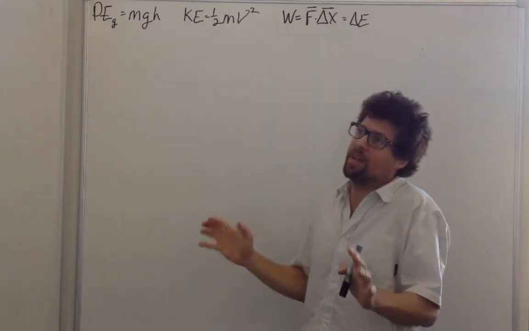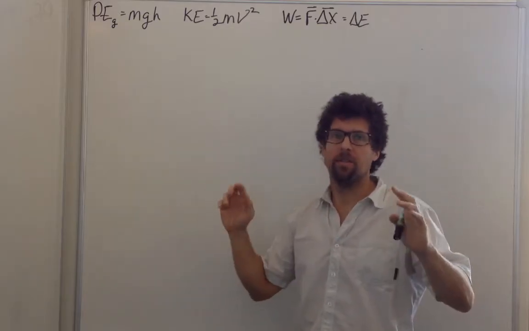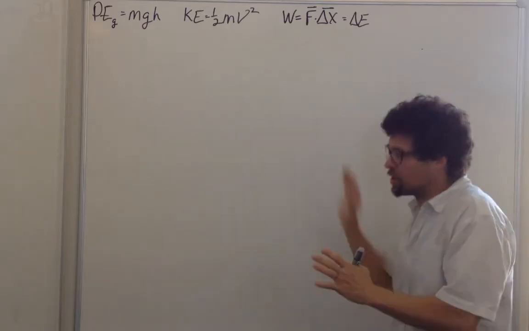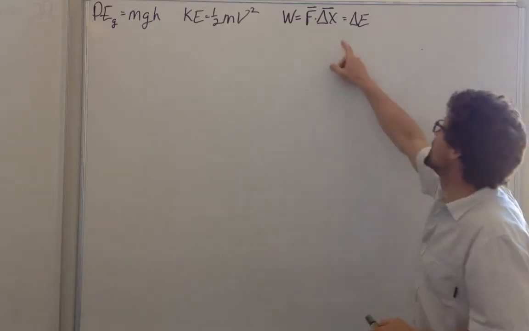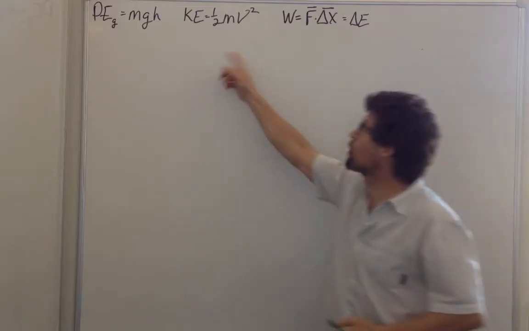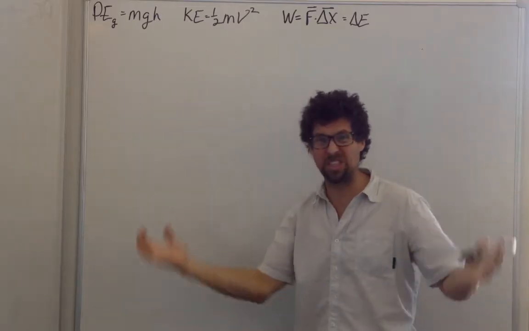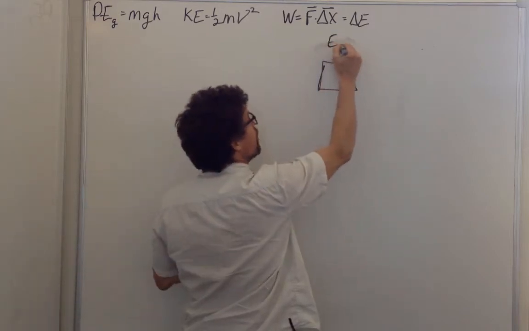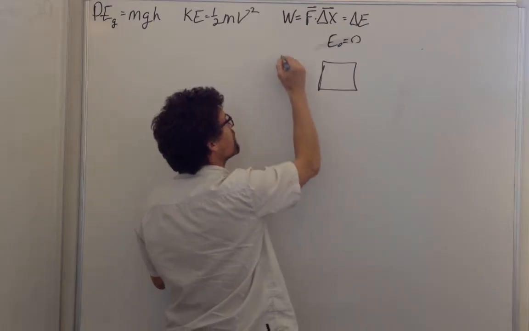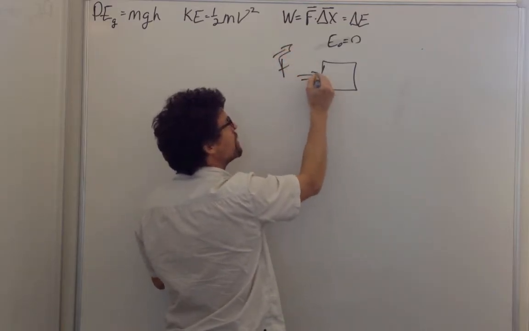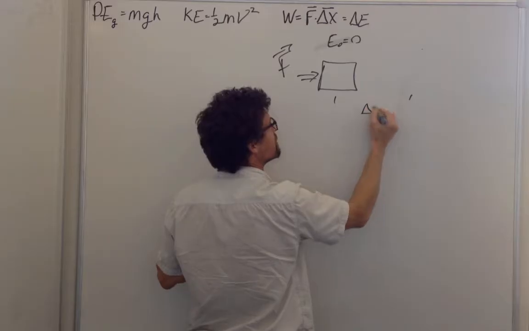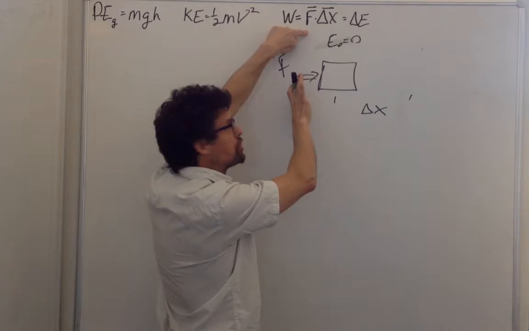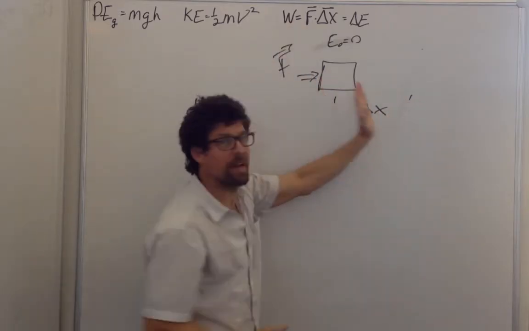And so if you can accept that we've invented this entity called energy that has to be conserved, and that work, which is force times distance, is equal to the change of energy, we can derive these two. And so we have something that's consistent. Let's say we start with a box that has no energy. E0 equals 0. And we put a force on it in this direction and move it some distance delta x. We can say that the work we did on the box is equal to the force I'm pushing times the displacement that I move in that direction.